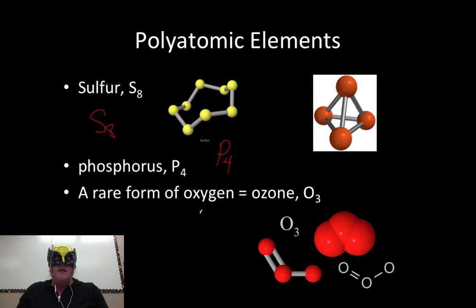Now, there is another form of oxygen, and notice here, I say that it's a rare form of oxygen, but it's not that rare because this is what makes up our ozone layer. However, it's pretty rare at the Earth's surface, and this is not the most common way for oxygen to exist. It is one of the emissions that do come out of the exhaust from your vehicles and can cause